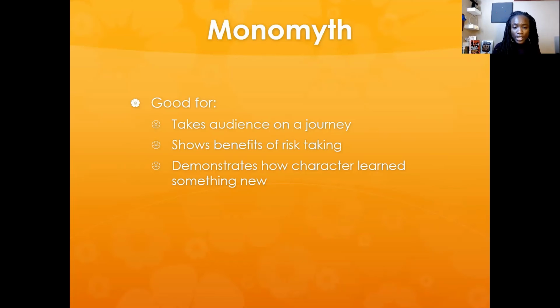Take the audience on a journey, add the decisive crisis or conflict that the hero is facing, demonstrate how the character learned from that experience. And of course, inside of that story, you can have other characters going through their own situations and mini plots and things like that.